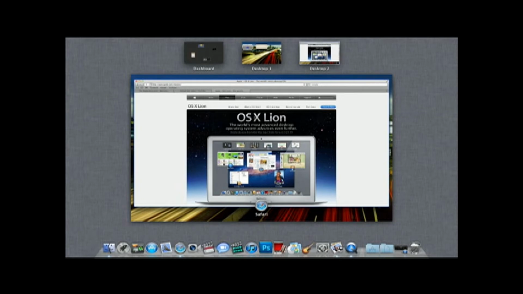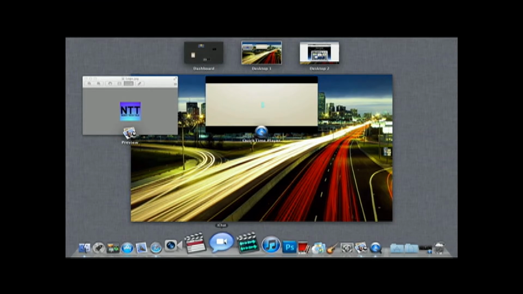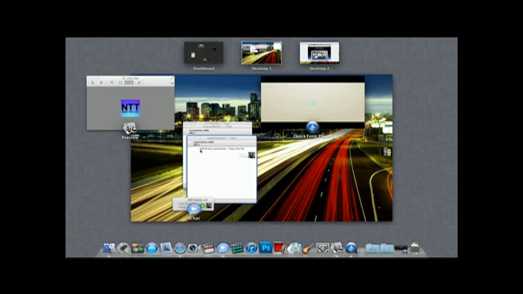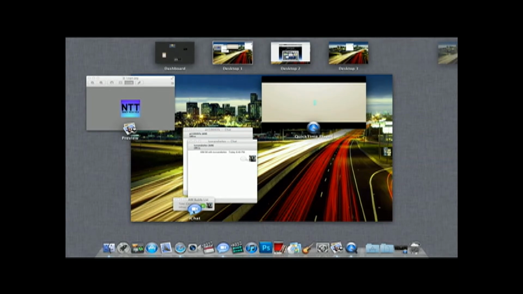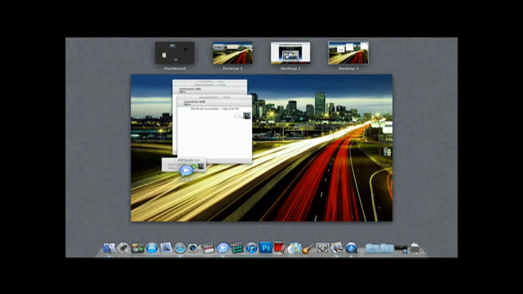So let's say I want to switch over to my first desktop. Here's desktop 1. I have Preview, and I have QuickTime Player. I have all these things running. So let's say I want to open iChat in desktop 1. I just click it. Now, let's say I don't want this with my Nerdy Tech Talk stuff. I could just drag it up here, and it could be put in its own little desktop 3. You can create up to 18 different desktops, which is really convenient when you're working on multiple things,